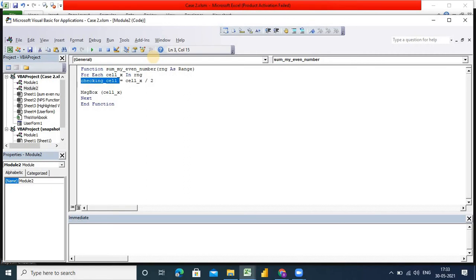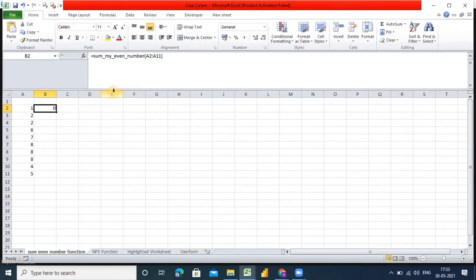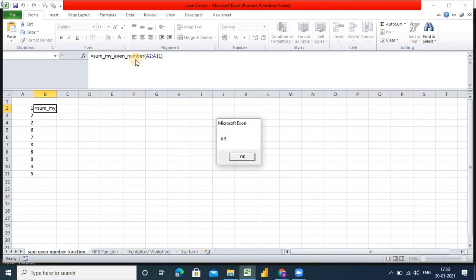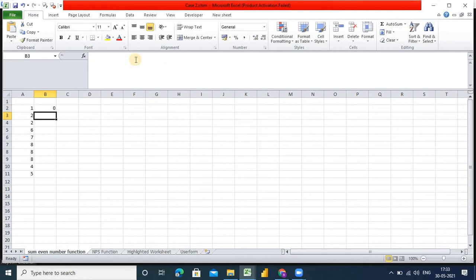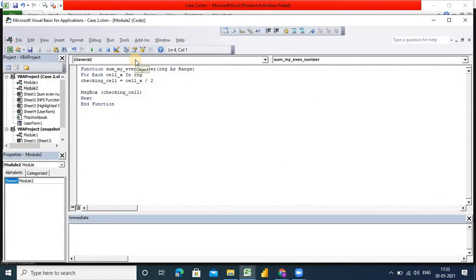Now it will give me the output: 0, 0.5, 1, 1, 3, 3.5, 4, 4, 2, 2.5. Wherever a decimal value comes, that means it is not an even number, it's an odd number. So we have to give a proper condition that if a decimal value comes, then don't count it.